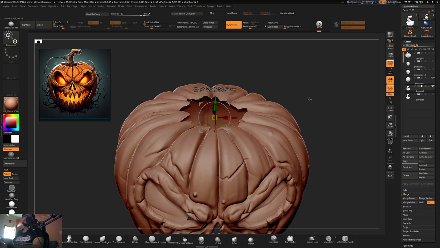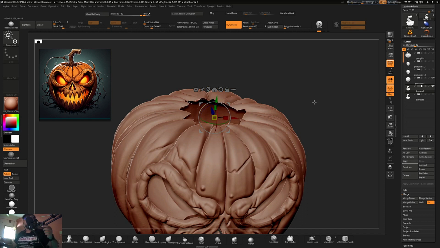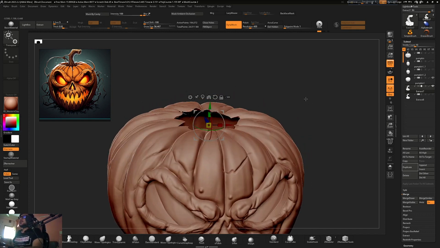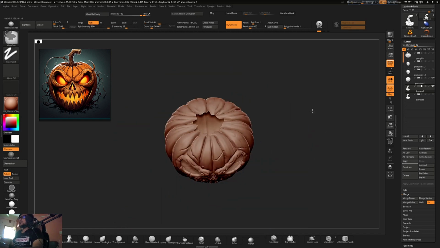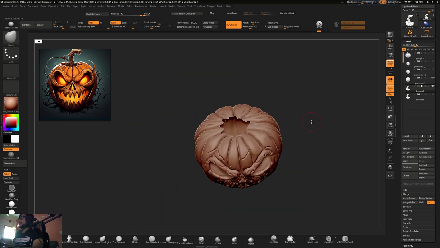So just a minute. So what I'll do, cut like this actually, and just merge down it. Okay, turn on this and just merge down,